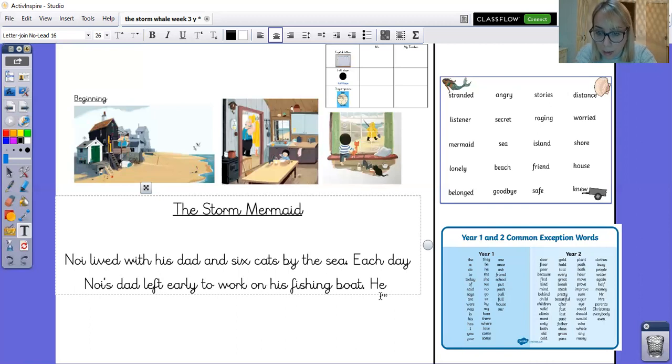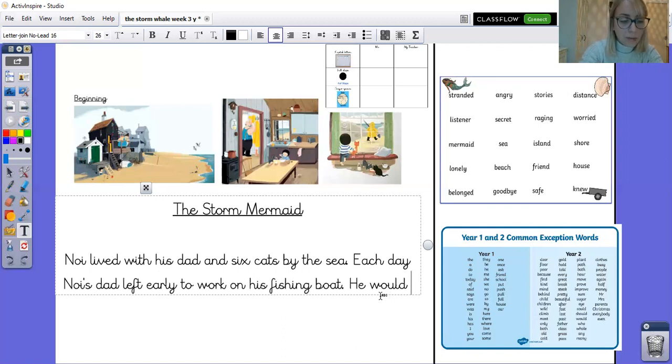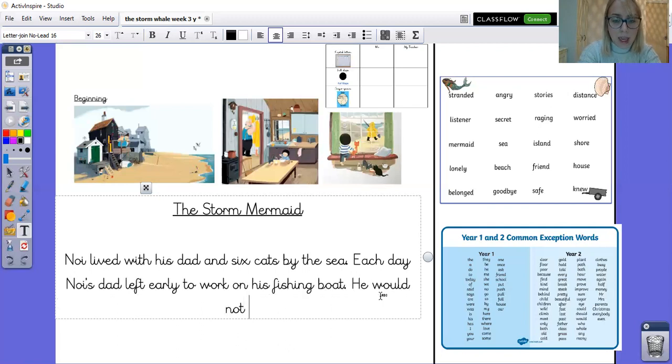Now, would is again one of our tricky words. Okay, so I'm going to use the word map to help me there. Would. He would not be. Okay. Home. Okay. Now I know again we know different ways of spelling the O sound. I know that this is one of our split digraphs. So and then I need to put my E on the end. Where's my friend? He's on the end. He would not be home again until